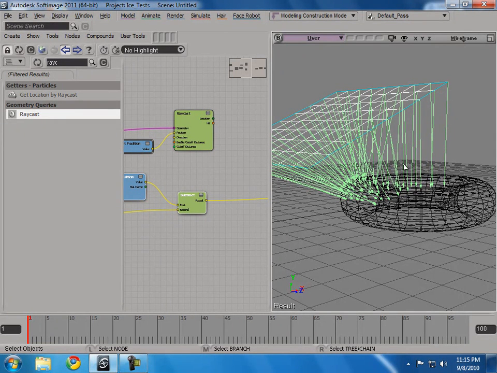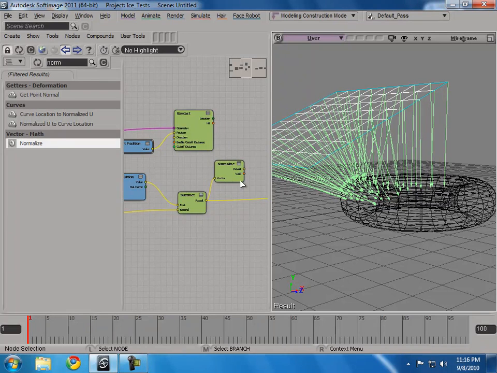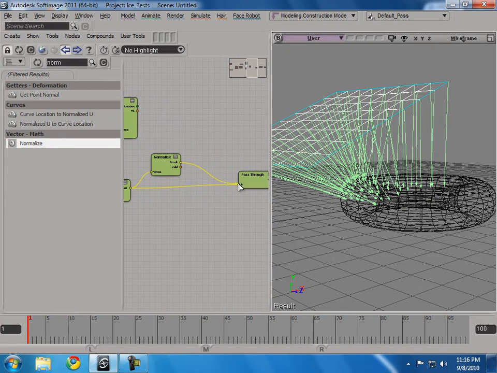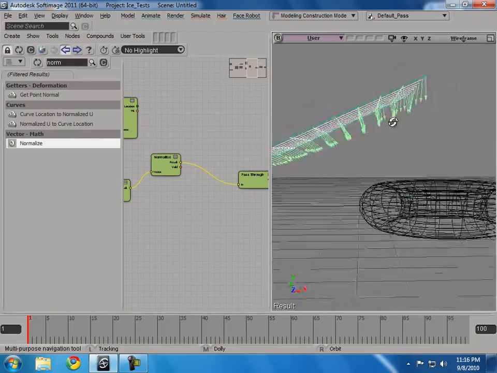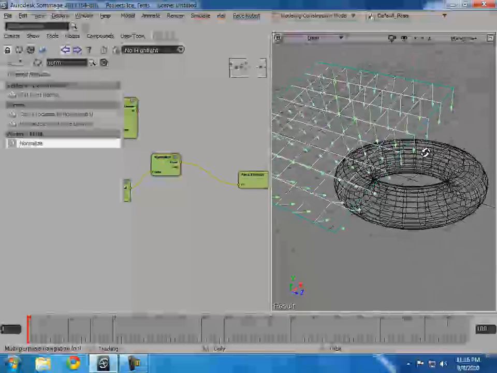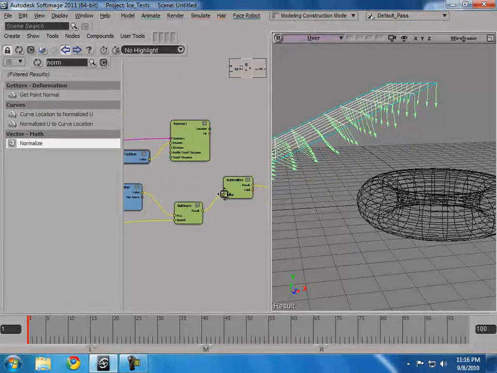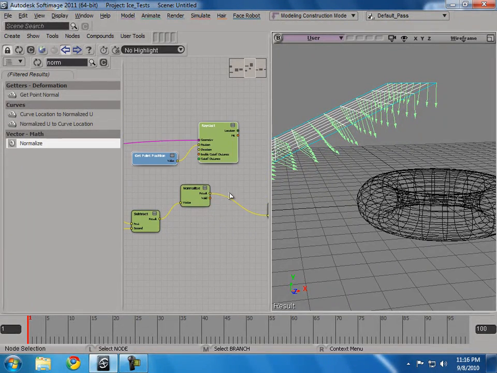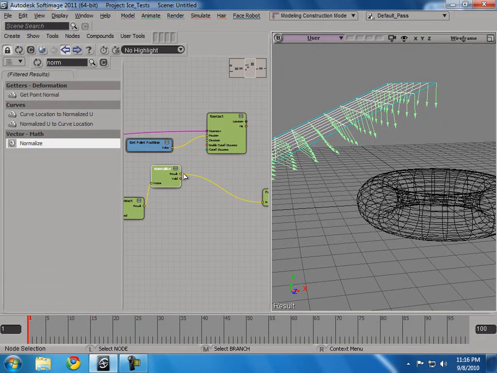these vectors, but we don't want to actually use the entire vector. We just need the direction from it. So we're going to use a normalized node. And then if you visualize this, you'll see all of your vectors go to unit length, which is 1, and that is better to use with the raycast, just to keep things from being extended, and that causes problems later on down the road. So we'll use that as the direction,